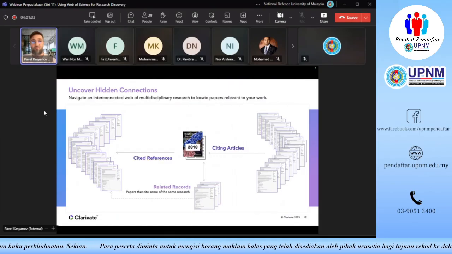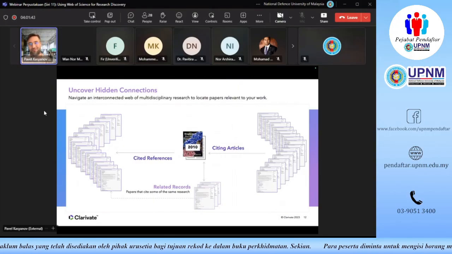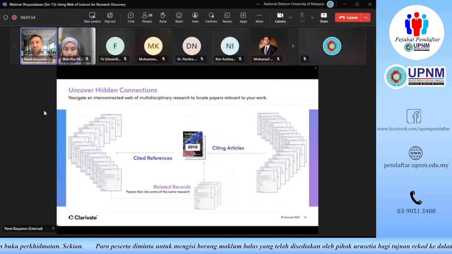So once again, the cited references are the links that are facing into the past, so to previously published records. And for any record, for any document, this is a stable number. As soon as you have published a paper, you can't change the number of cited references there.